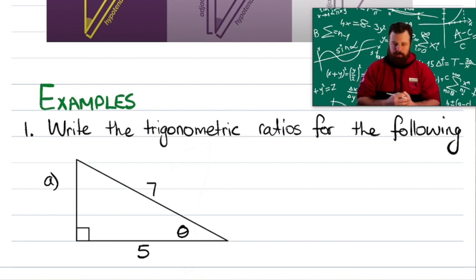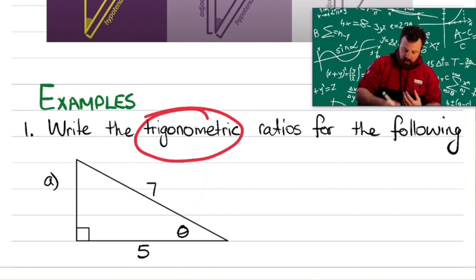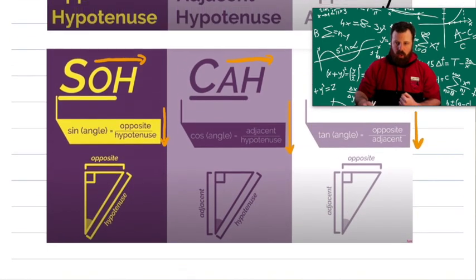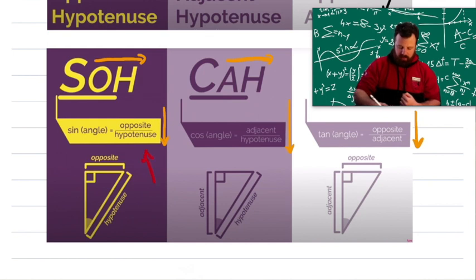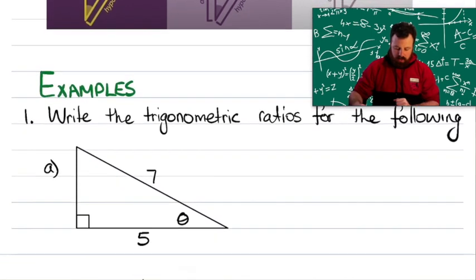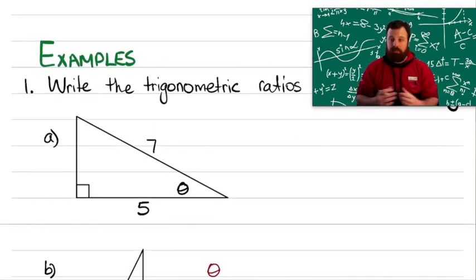for the following. What that means is, when we say write the trigonometric ratios for the following, I just want one of these 3 statements. That's all, writing one of those 3, whichever one of those applies to the triangle that we're looking at. So this triangle here, the first thing I would like you guys to do for me is what I call